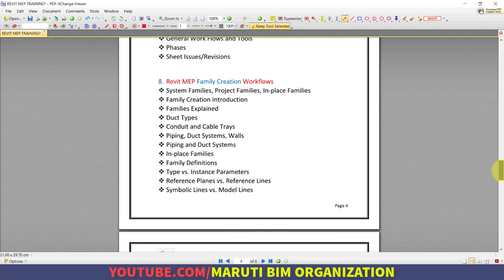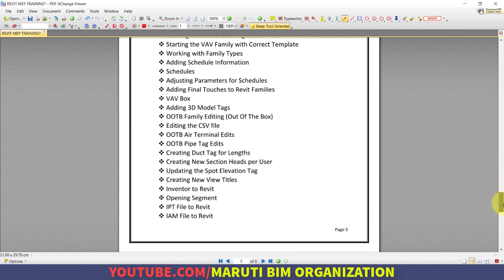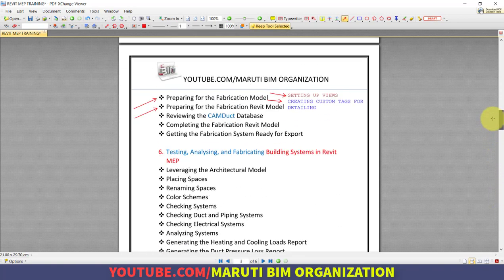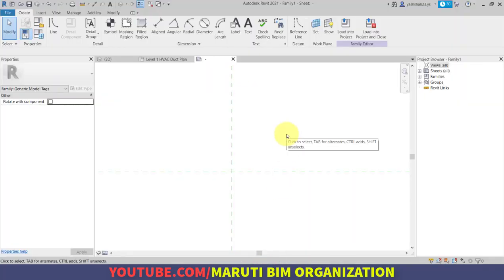As you can see, Revit MEP family creation, in that I will cover all these topics as well. But right now, for introduction purposes, family is the loaded component in the project environment. So there are system families, in-place families and tagging families as well. So right now we are working on a tagging family.